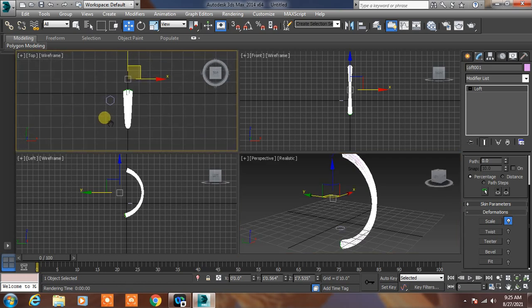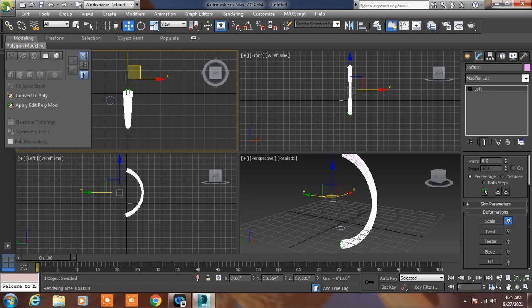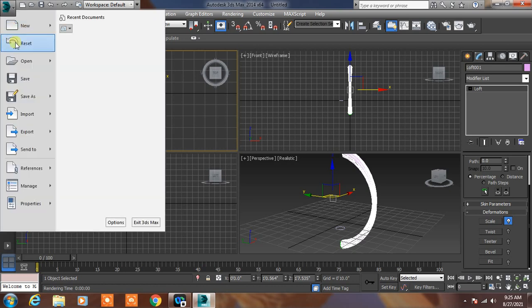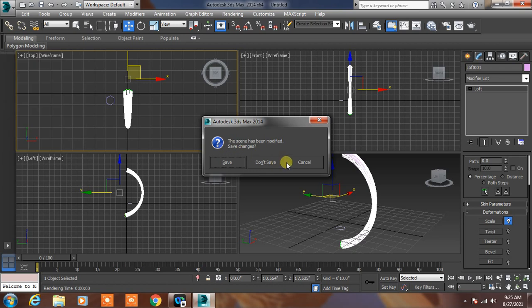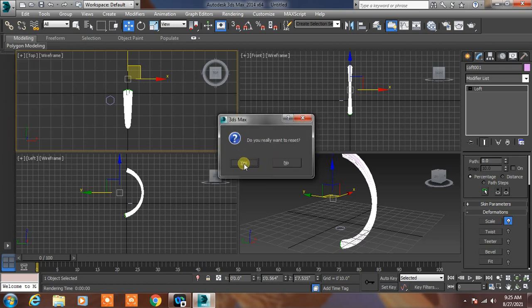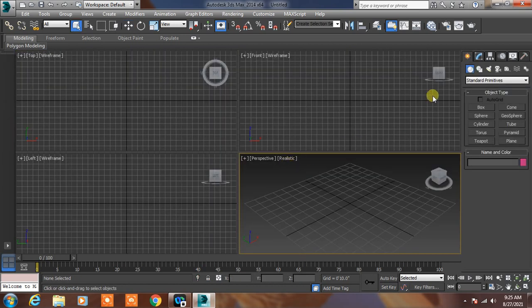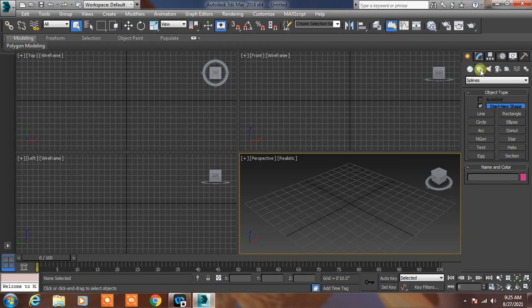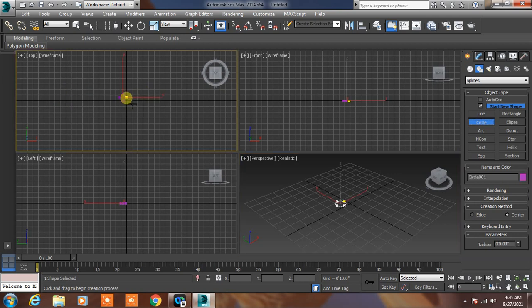Okay, once again I will tell about another example. Now I will take one shape. For example, I will take one circular shape. The shape will be drawn in the top view. Okay, and now what type of shape do we require?